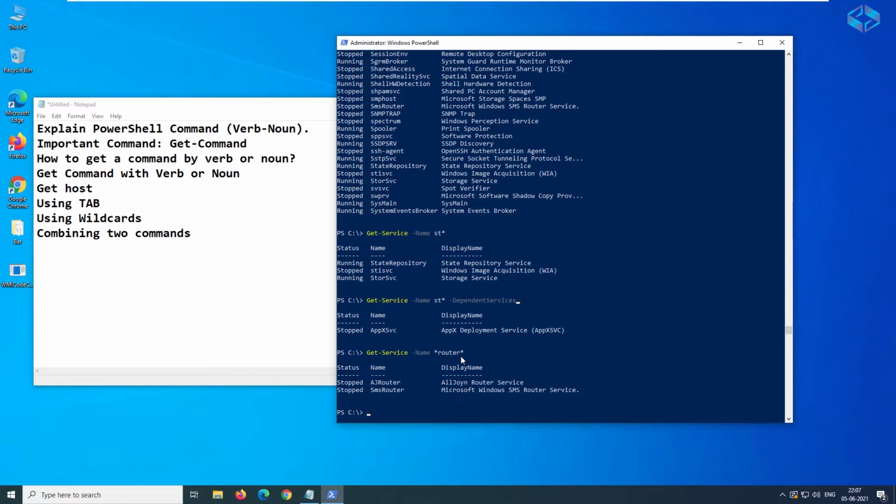So Get-Service is one command, and here More is another one, but More is not a standalone command, right? More will not work standalone, so it needs an input. The input is coming from Get-Service. Get-Service will give some result, and that result will be used as an input for the next command. So this is one method of combining, with a command that is not standalone.